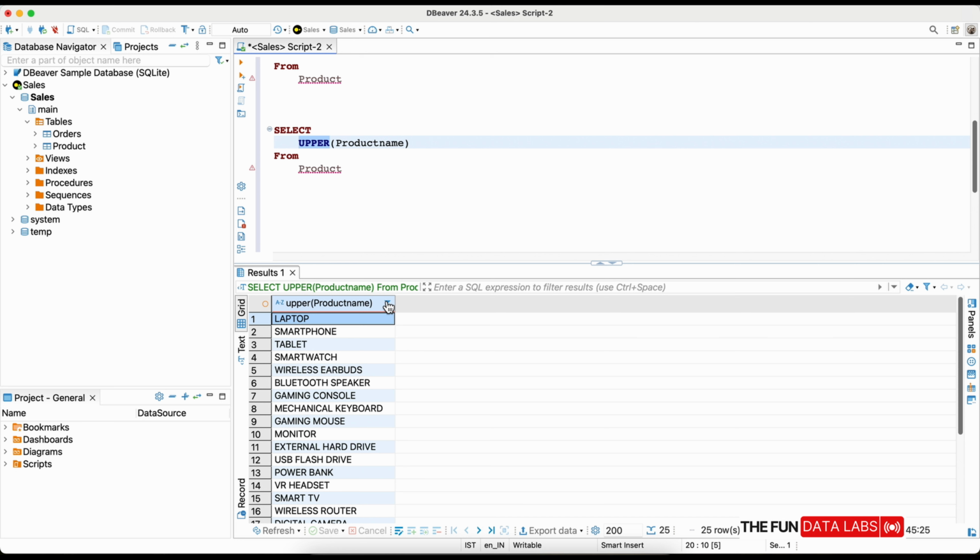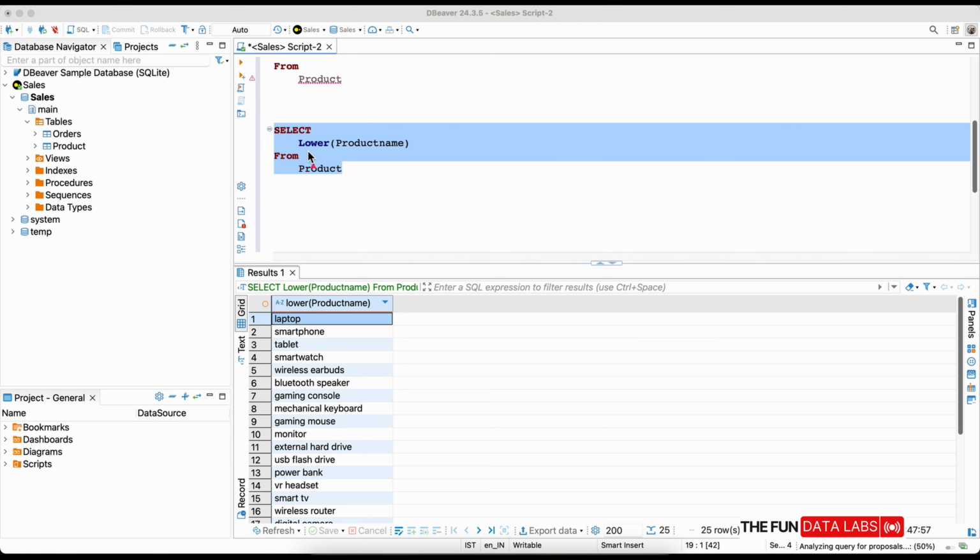Now we can change the upper function to the lower function in the query. Let's execute this query once. You can see we have a lower column in the result set, and we can see our column in lowercase letters. Simple, right? Till now, you should have an idea of how we can use DuckDB with our previous knowledge.